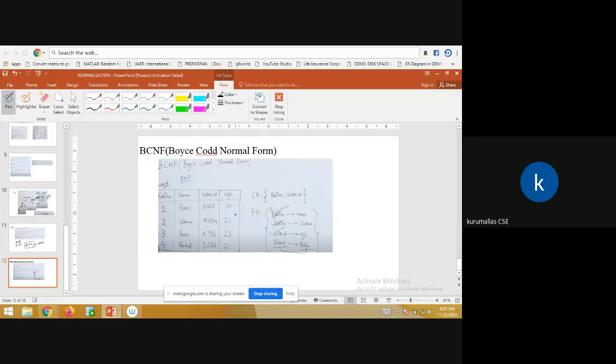So according to Boyce-Codd normal form, finally we have to find the candidate keys from the table, and along with those candidate keys, we have to find the different functional dependencies available inside that table. That is Boyce-Codd normal form, right? And the next topic is that,